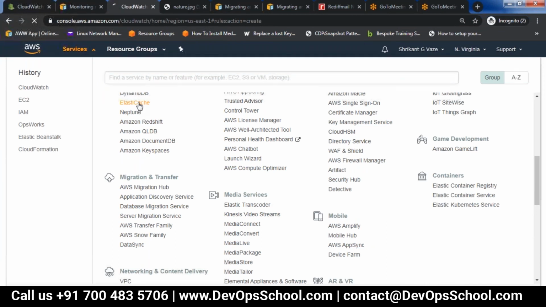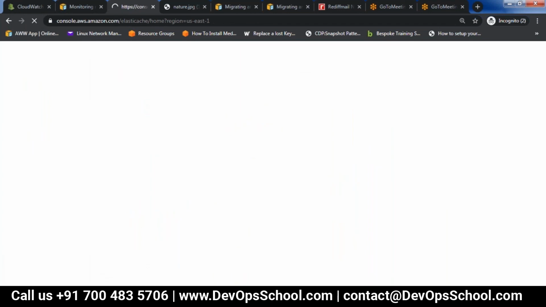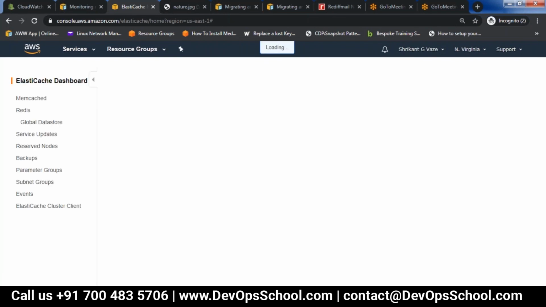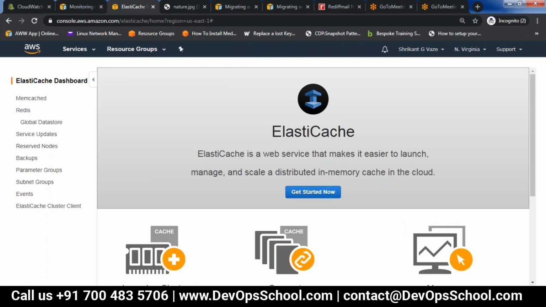There is something called Elastic Cache. Elastic Cache is a service which leverages the caching services of Redis Cache and Memcached. Redis Cache and Memcached are two open source tools which are used for in-memory caching.